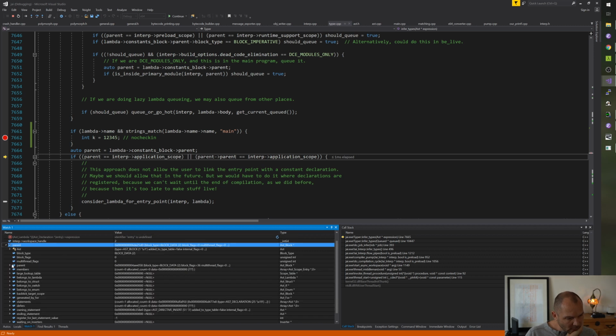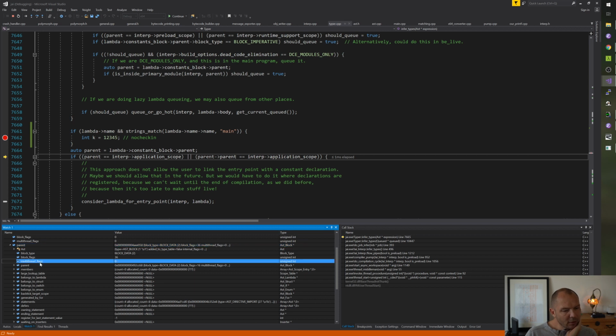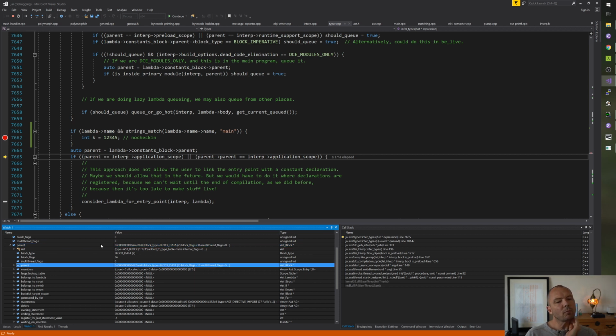So this parent is 49e. It's like two levels down. Oh, because the insert makes its own block, I think.